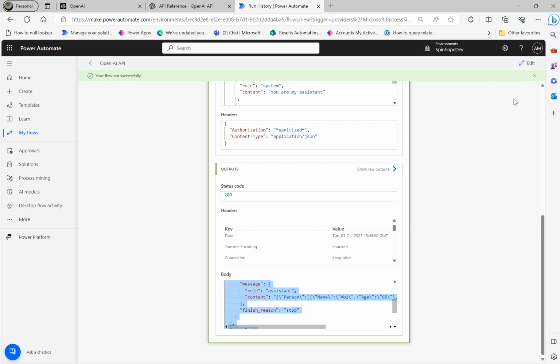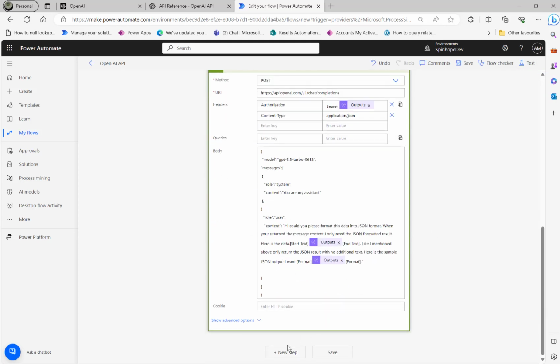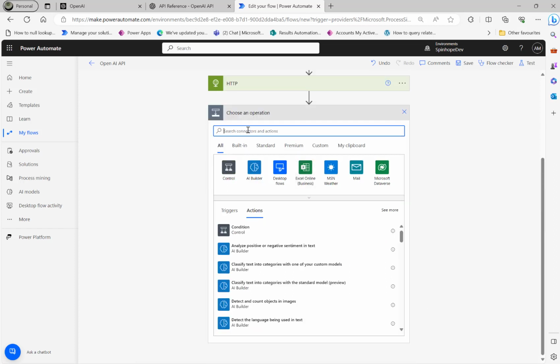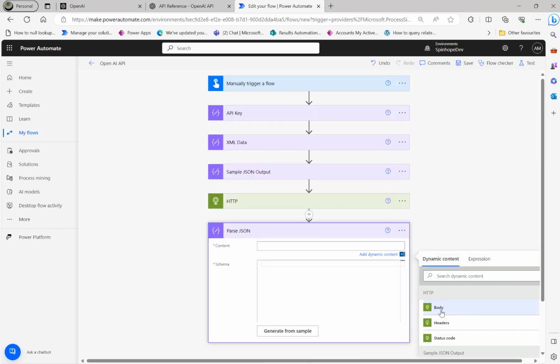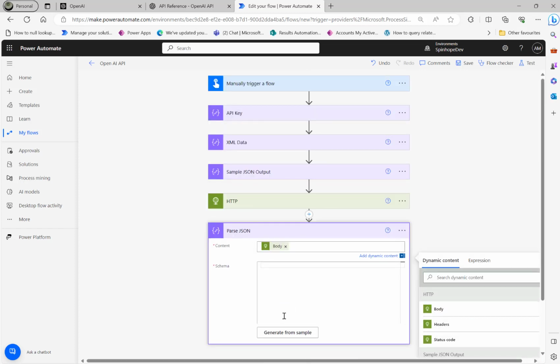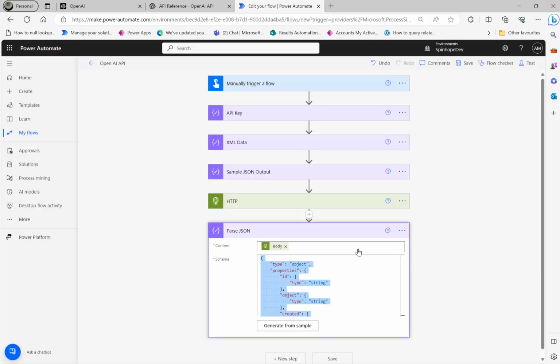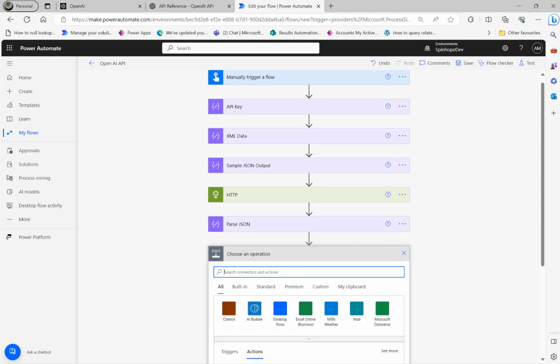So let me copy this schema here. I copied everything under the body. Then go into the new step and say Parse JSON. Map the body of the previous output of the HTTP, generate from sample, paste the record here. That's where I can generate my schema. Then under the compose action step,